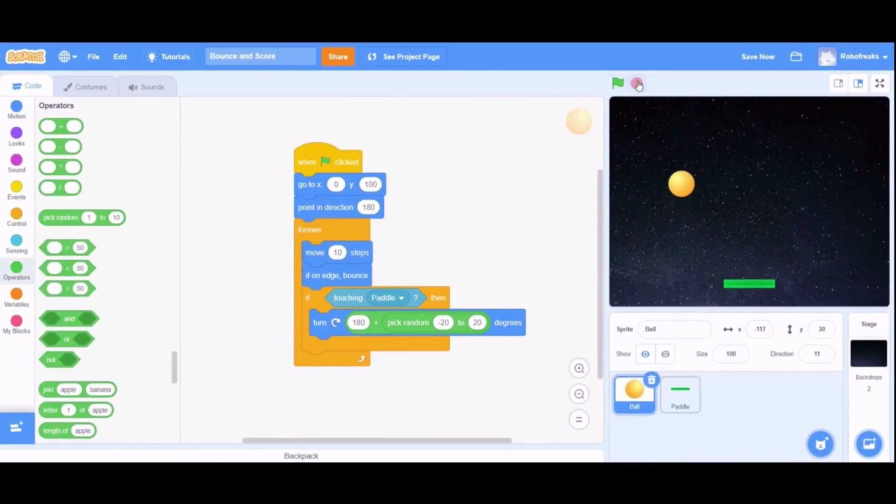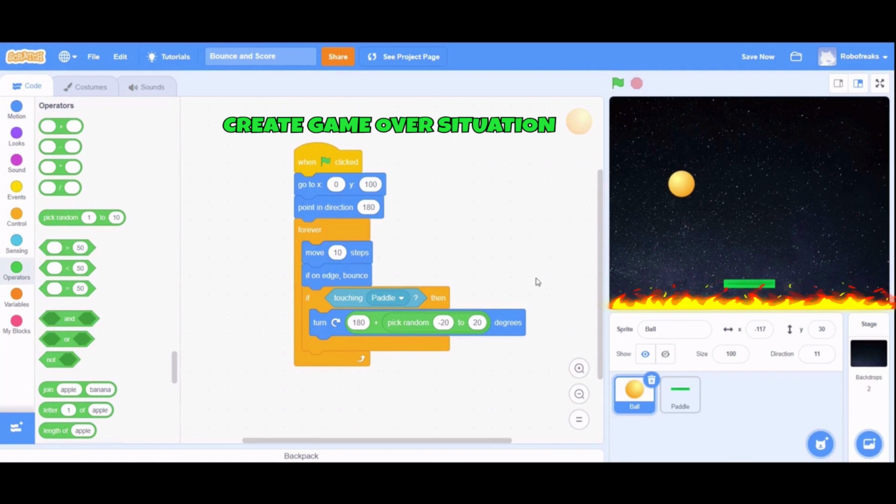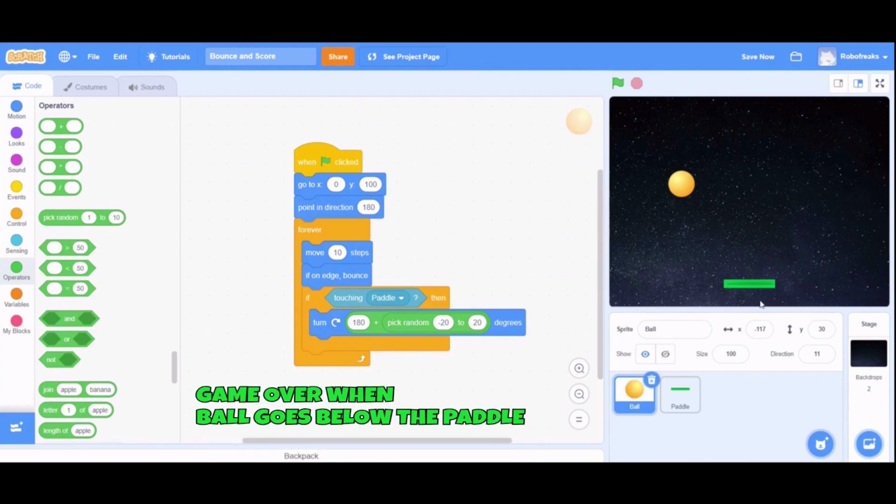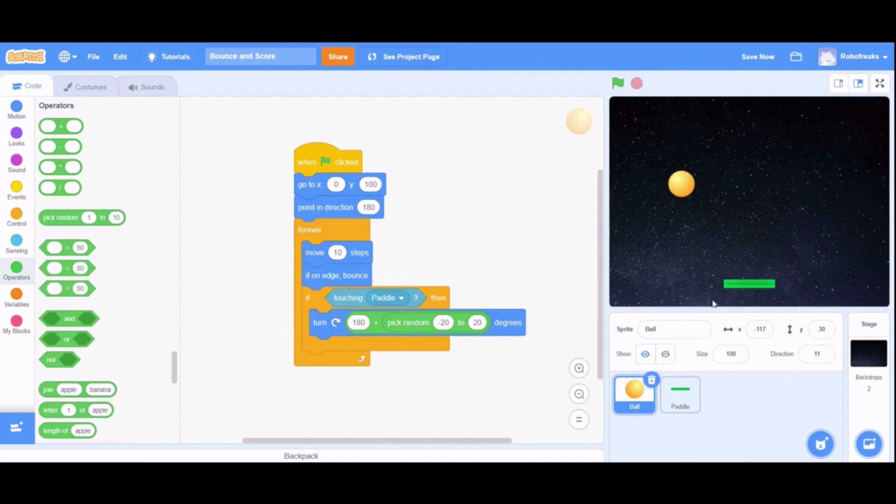Enough for happy situation. Now we will create the game over situation. When should this occur? Whenever the ball touches bottom edge, right? But we have already given command for the ball to bounce from the edge. The only way I can think is, if the ball goes below the paddle, we should call it defeat, as there is no way we can bounce it there, right? For the ball to move below the paddle, its Y position should be less than paddle's Y position, which we set as -140, right?